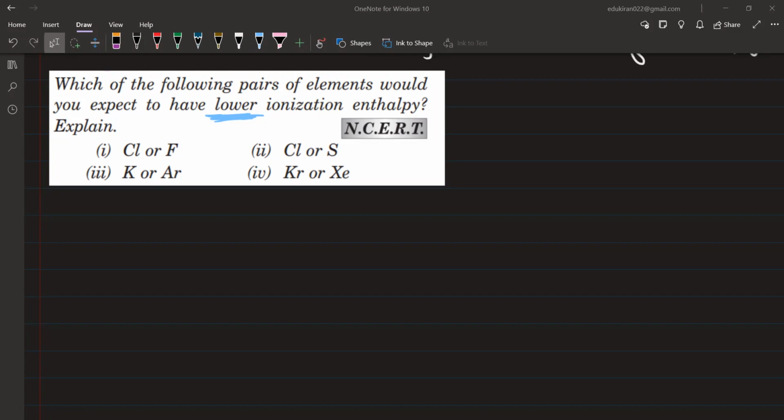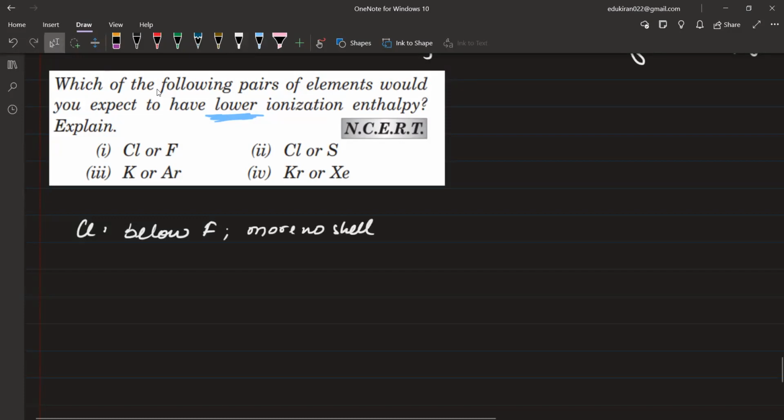So the answer will be: for the first one, chlorine; the second one, sulfur; then potassium, and then xenon. Why chlorine? Because chlorine is down the group, right? It is below fluorine and has more number of shells. Then chlorine or sulfur: the answer will be sulfur because it will have